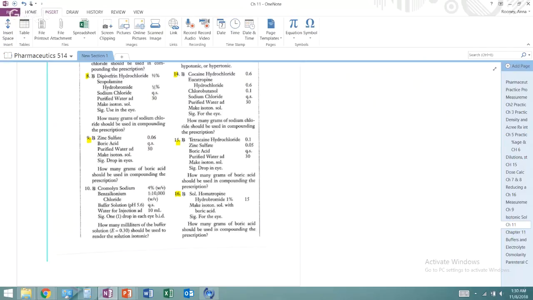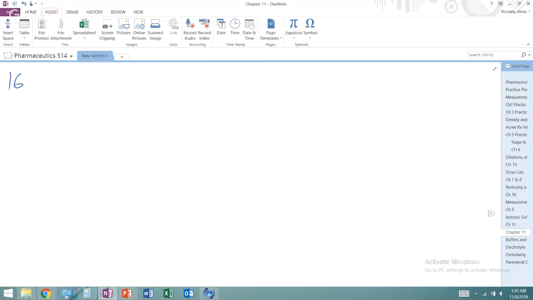So why would this happen? Well, maybe this is something that's stable on its own. I don't know, I'm just throwing out ideas. I don't know if that's true, but maybe it's stable on the shelf by itself. But you have to add that to make it not degrade. Maybe the acid makes it degrade. But you need that acid to make it isotonic. So at the same time,